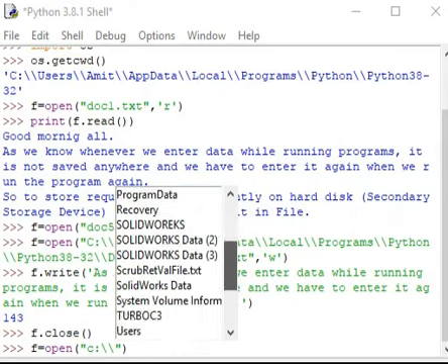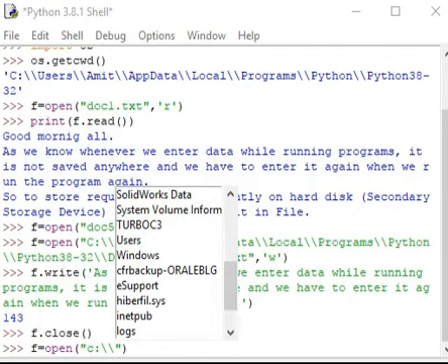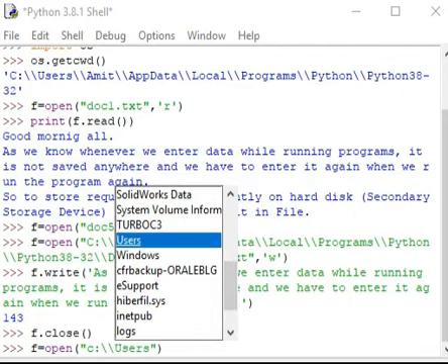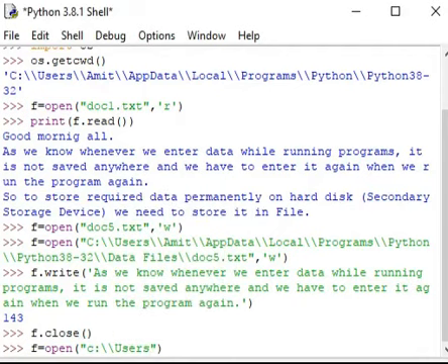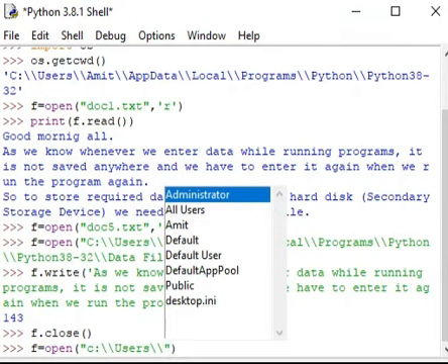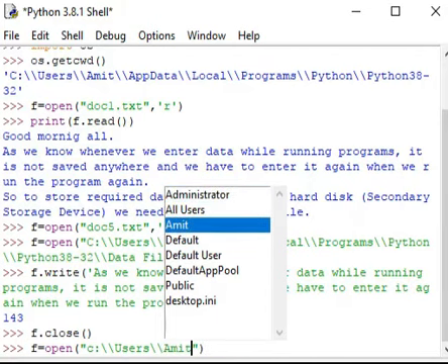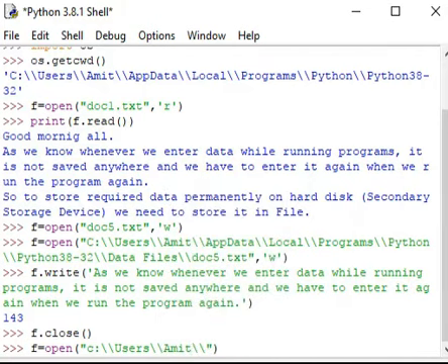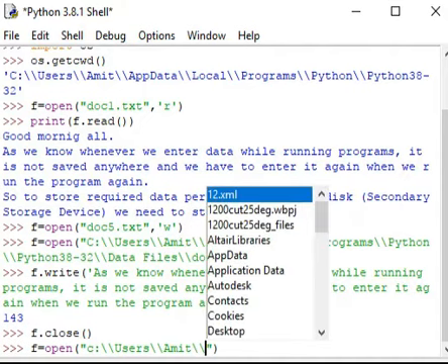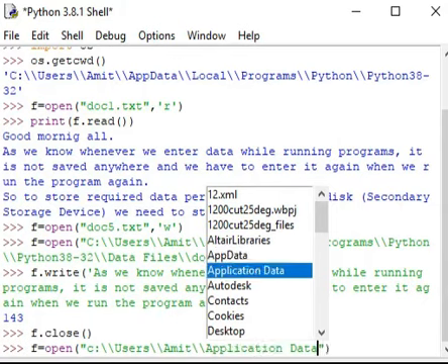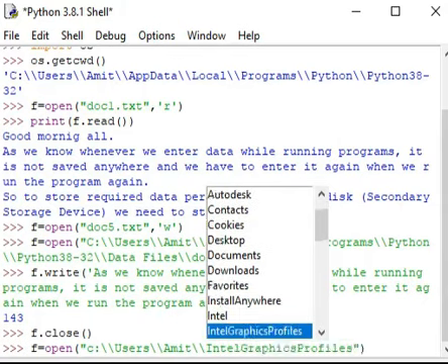Now suppose I want to, as you can see here, users, our file was in users, so I will click on the users, then after users again two times slash, so it will show all the available folders and files in that folder. User. I will go for this folder, and again if I use slash and I wait, it will show me all the available folders and files in that directory.